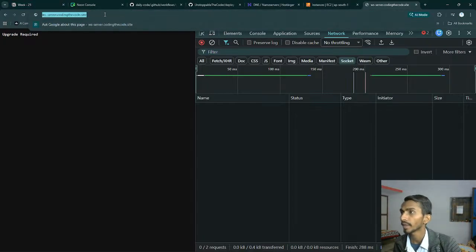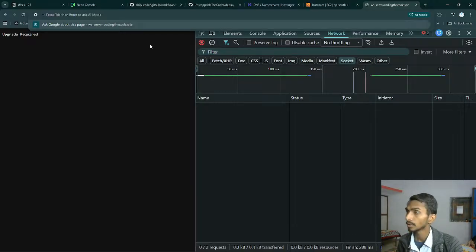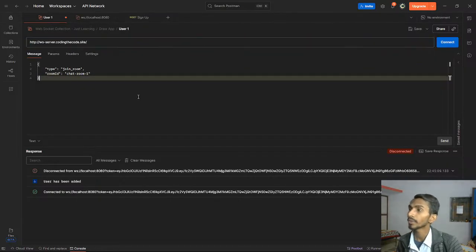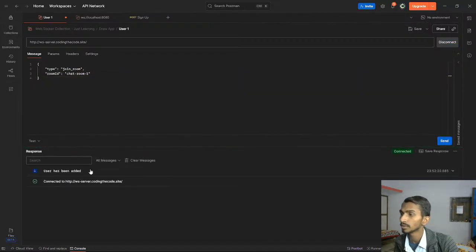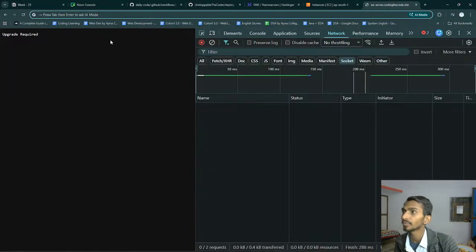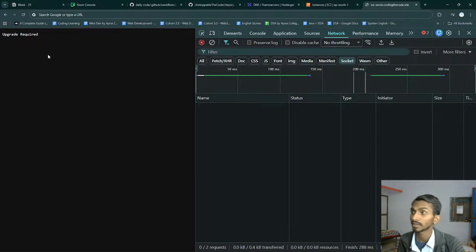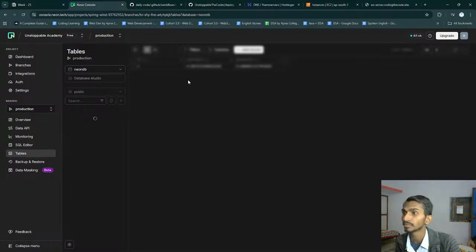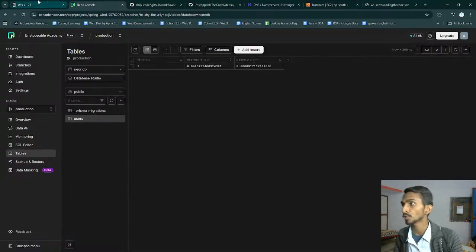I can do one thing: I can send a request to the WebSocket using a WebSocket client from here on. So ultimately I'm using this, and the request is going there. If I connect right now, the user has been added, we are getting it in here. Of course this is the WebSocket backend, so you can't really send a WebSocket request from here to the servers; you need to use a WebSocket client for that. I think the user must have been created. And yes, the user has been created, which means it's also working.